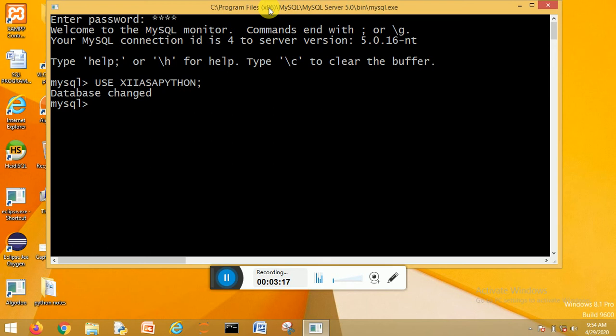Now dear students, I am going to create two tables. First, I will create the employee table. Create table employee, as I told you about this query.